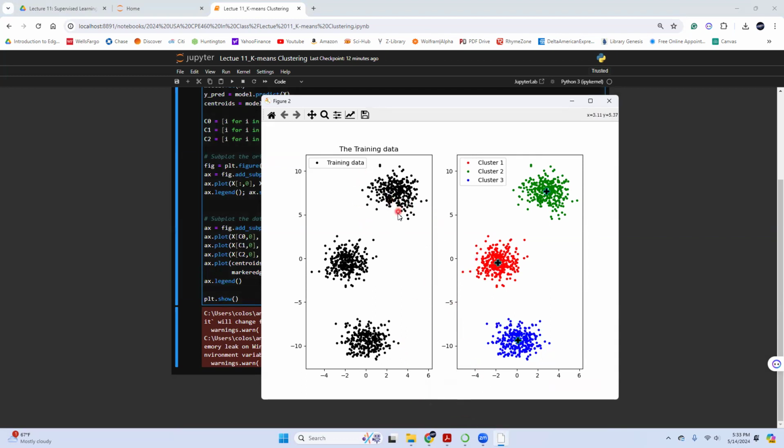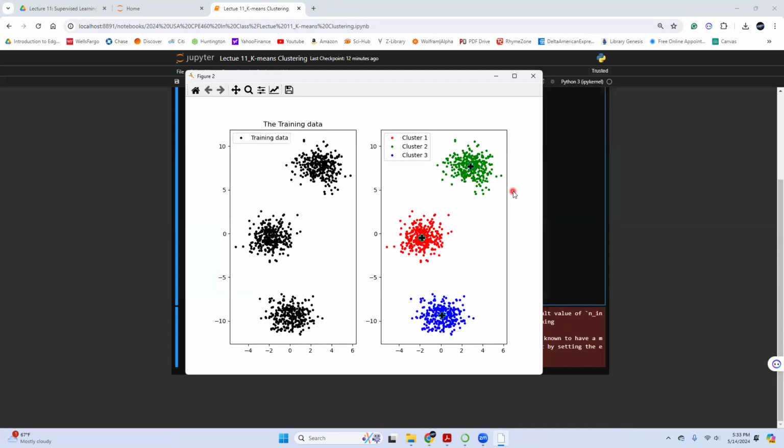And so here, my raw data are just all black data, meaning that I don't have the labels here. And here, I already somewhat gave them the labels. Why? Because I know for each data point which cluster it belongs to, right? For example, this one is cluster 1, cluster 2, cluster 2, cluster 3. Don't you feel like this is very similar to classification in which I gave them the classes or labels?